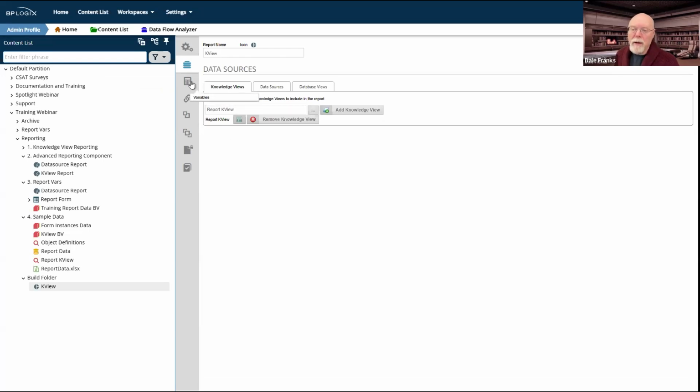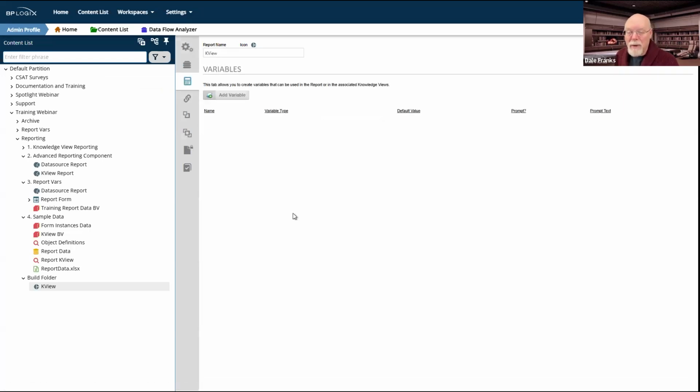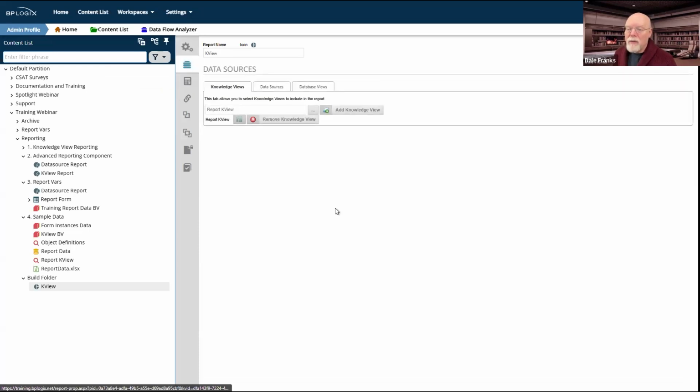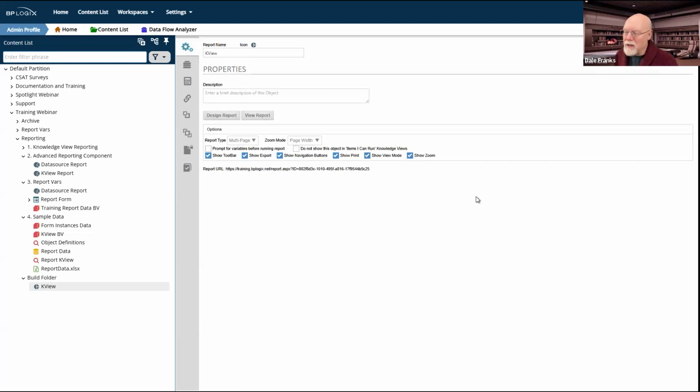Now, depending on what you're doing, you might need to go to the Variables tab, but we're going to talk about variables last, so we'll come back to that. For now, I have done the two important things that are required to enable us to begin building our report. I have selected the report type, which is a multi-page report, and I have added a data source to this report. Now I have data on which I can report. So at this point, I can go back and begin designing my report.